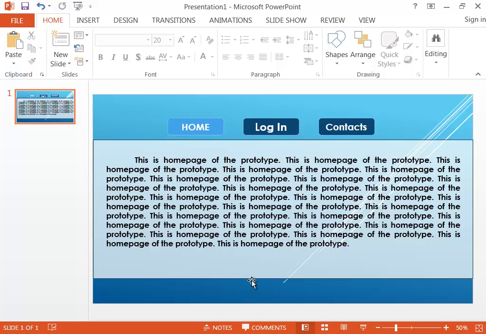Okay. Now I'm just going to define the other pages. What I'm going to do is, this is the home page. I'm just going to duplicate